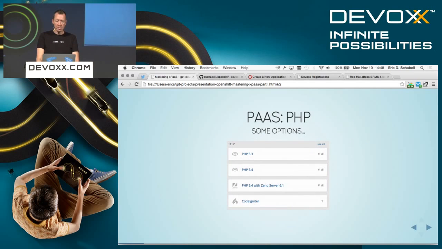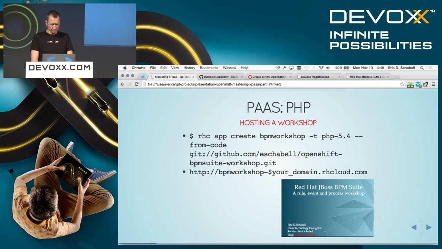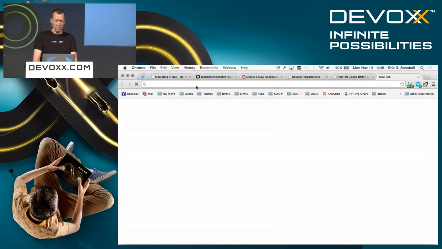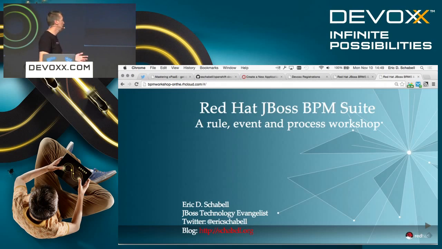So in PHP, we have some options. We're going to stick with the 5.4. I'm not so much interested in the Zend server and all that kind of stuff. Feel free to explore that on your own. A really good example is what we have hosted here. I can show you this one. It's nothing different than what I have hosted for my current